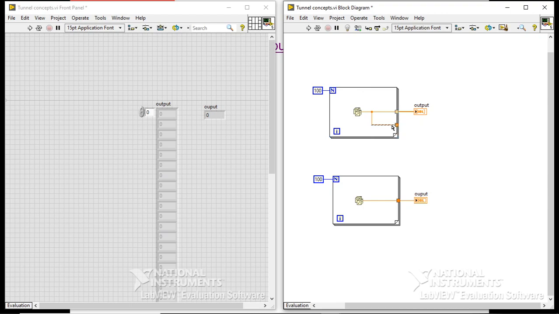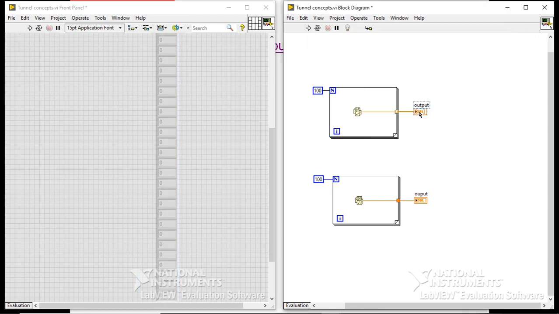I have already wired this, but first, best practice: take a wire and connect it, and then change the tunnel. Now the question is which coding is going to produce 100 elements. Both VIs will produce 100 elements, but whether it is going to display all 100 values or only one value is the question. The first coding is an array, so it will accommodate all the results because auto indexing is enabled, but here auto indexing is disabled.